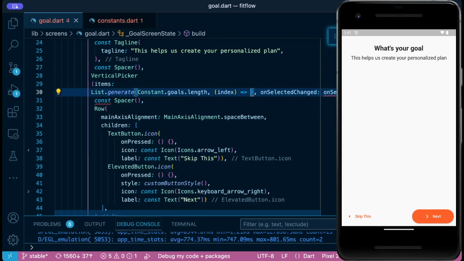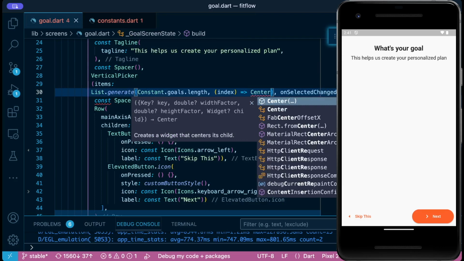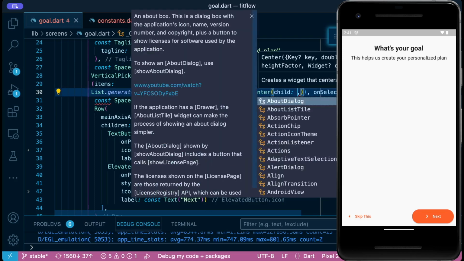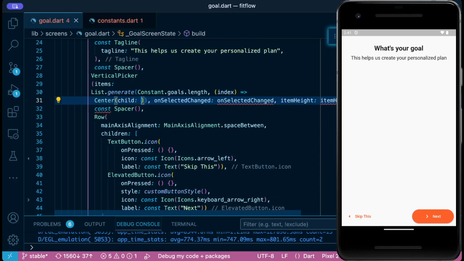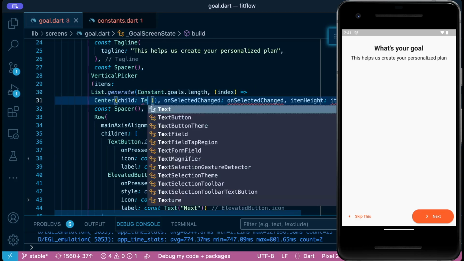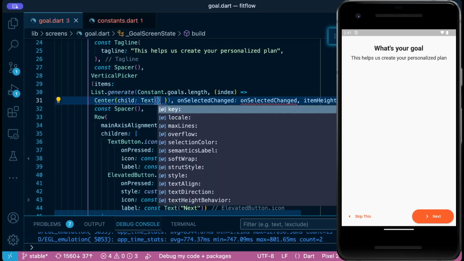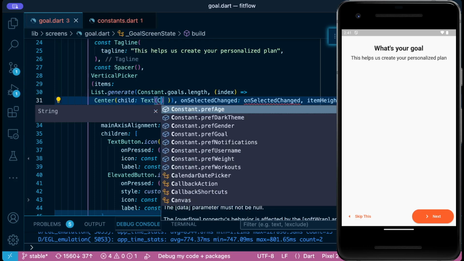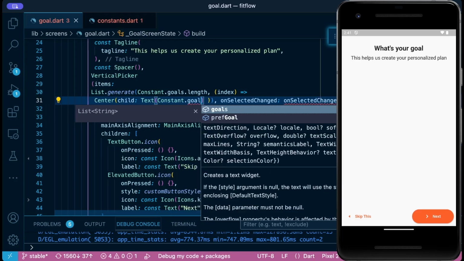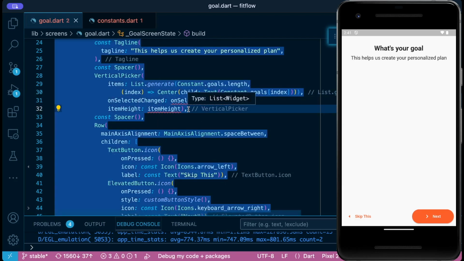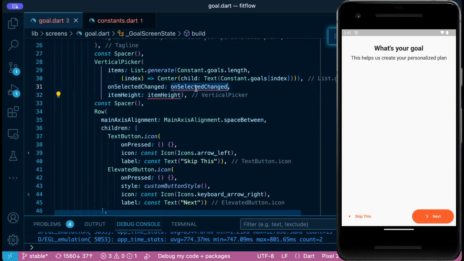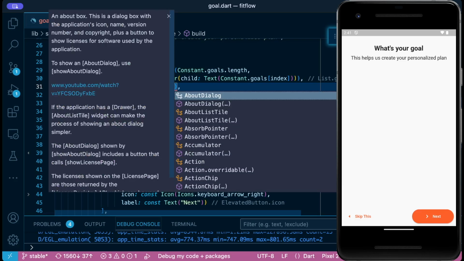And then we're going to return a text widget that will display all those goals that we have set. So we'll have constant dot goals index. So on selected, we'll have index selected,